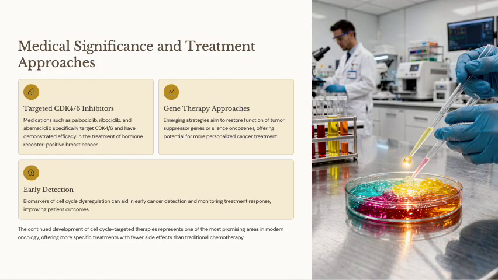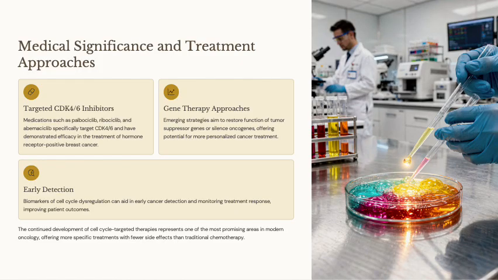Compared to traditional chemotherapy, CDK inhibitors are more targeted and often produce fewer side effects, representing a major improvement in cancer treatment. In addition to CDK inhibition, gene therapy approaches are being explored. These strategies aim to restore tumor suppressor function or silence oncogenes, offering potential for more personalized treatment. Another important application